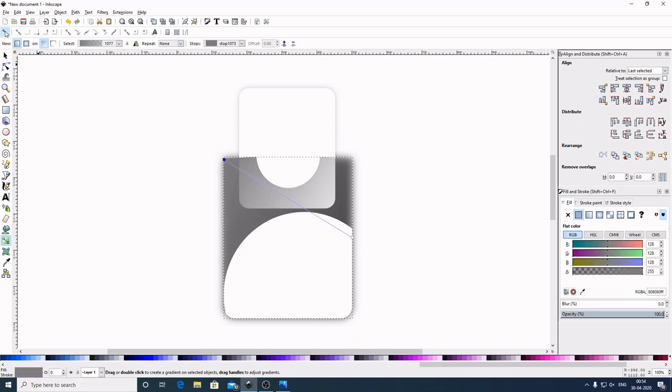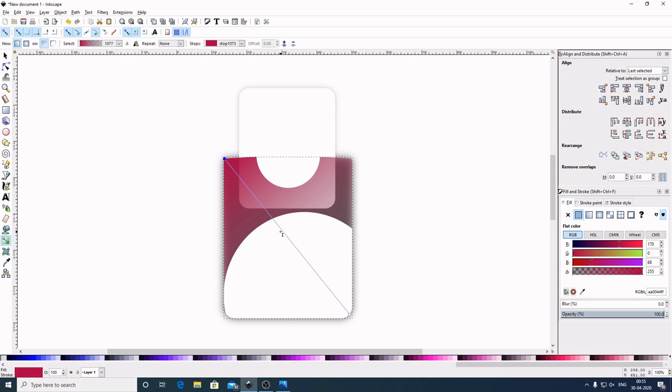First we will enable the snapping and bring this here to this corner, and select the circle node, bring this here to this corner. Select the square, give this one this color. Now come up here and click it here 2 times so we get a node here.